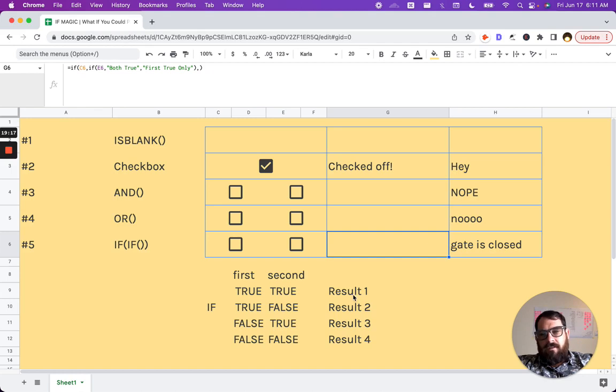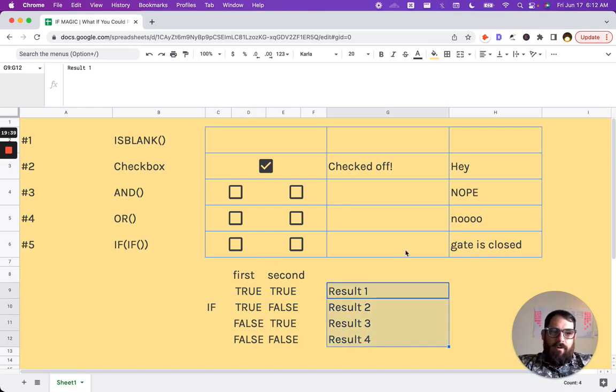If this one's really fun and useful, it can be very useful if you have a number of different results based on different evaluations, right? True, true, true, false, false, true, false, false. If you have these different results, right? 4 results from two things that happen. As I said before, if you have some kind of gatekeeper, like someone who needs to do something first, say in an order. If you're doing some kind of ranking or evaluation of past processes, and out of these 3 processes, we need to pick one. Now, everybody needs to vote on which one they want, but if you have one dominating vote where this one person dictates more than anyone else, IF might be a good use case,